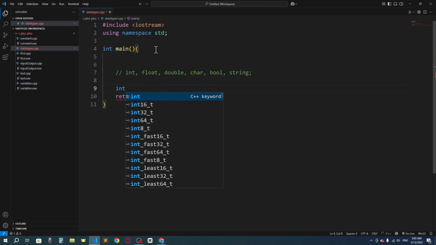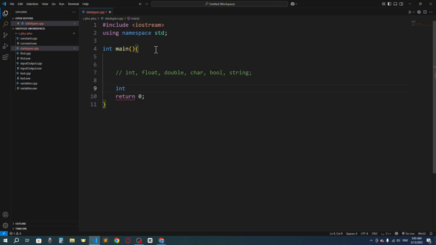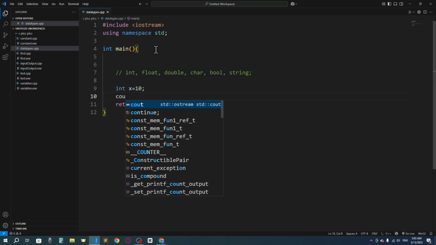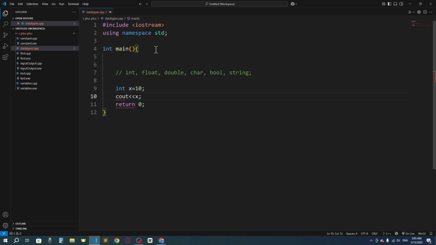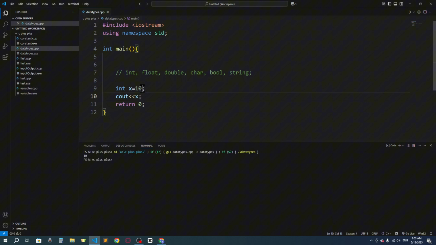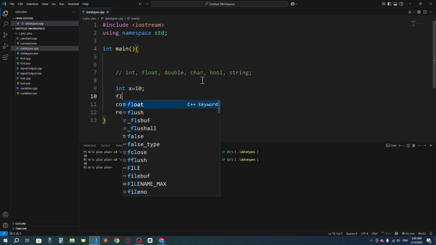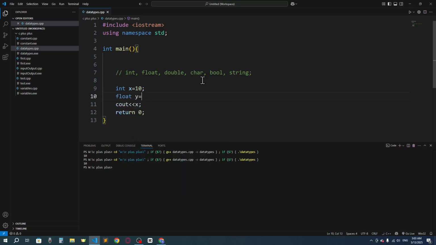To declare an integer type variable, you have to use the data type int at first, then a variable name. Let's say x is equal to 10. If I cout it and run the code, here you can see 10. But what about 10.2? If I run the code, you can see it's showing 10 only. Why? Because my variable type is integer, right? So 10.2 is a float, so we can use 10.2 here. If we say float y is equal to 10.2,